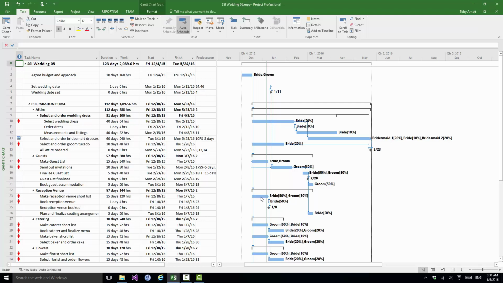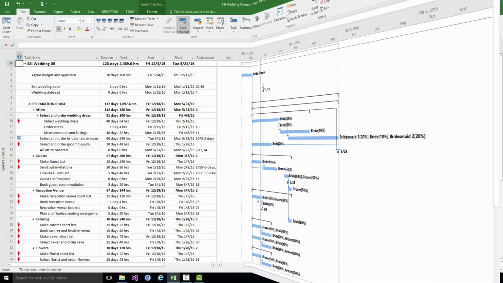But it can be very time consuming, and automating this process as much as possible is usually the best approach if you can in fact automate it successfully, which is not always the case. Now the first thing I'm going to do is to demonstrate a manual resolution of an overallocation. And I'm just going to take the first overallocation, select wedding dress, and show you very quickly how you could